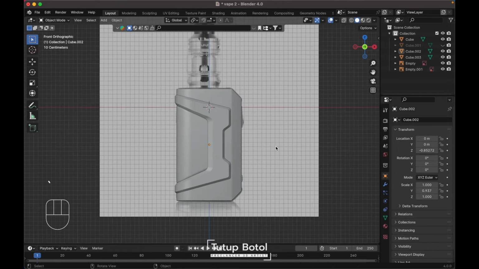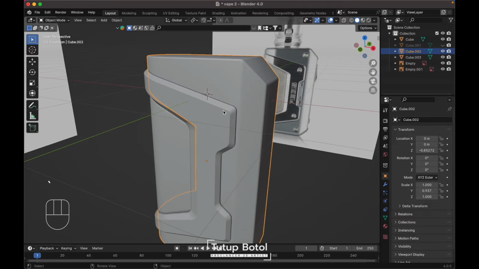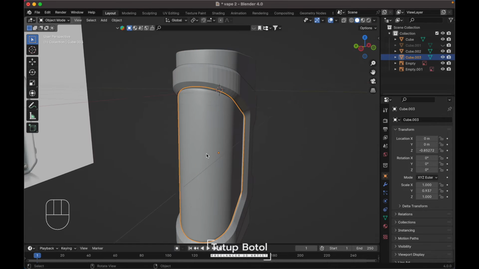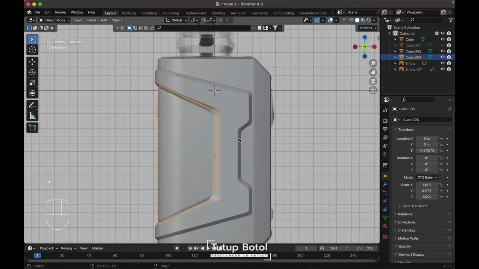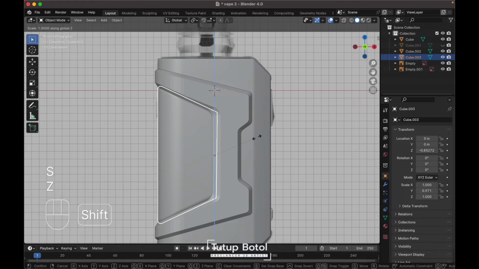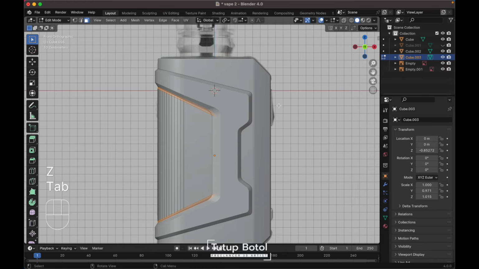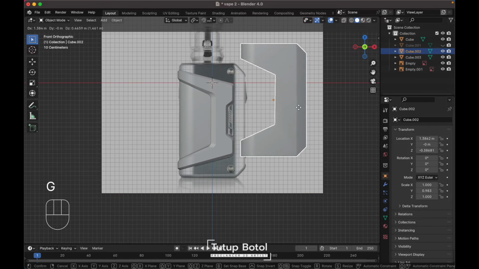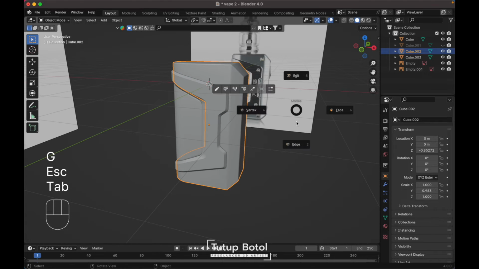Okay, let's fix something. Select this object, press S, Y, scale on the Y axis, like this, and over here, select this object, press S, Z, scale on the Z axis. Okay, next, select this object, tap to the edit mode,